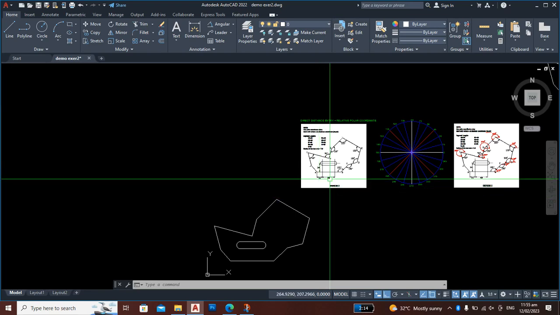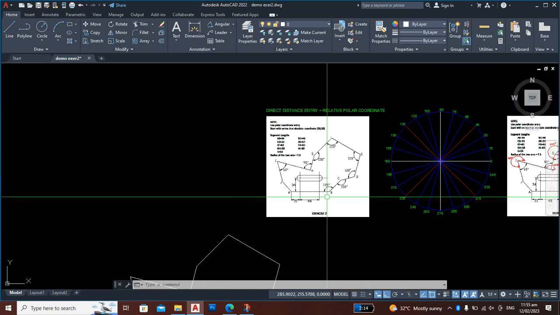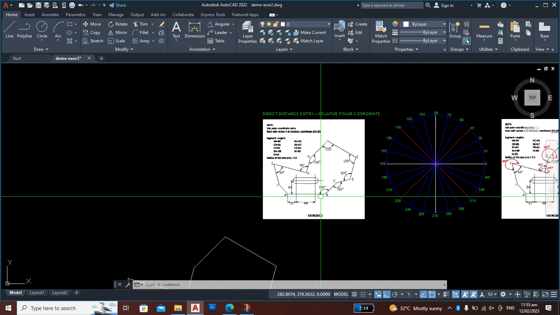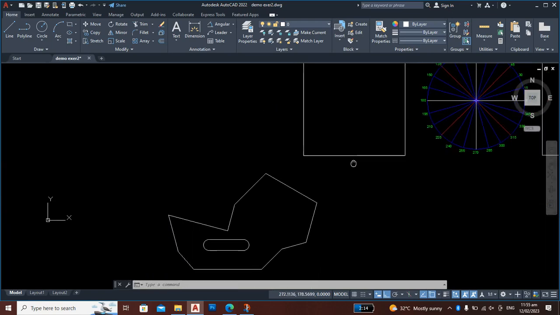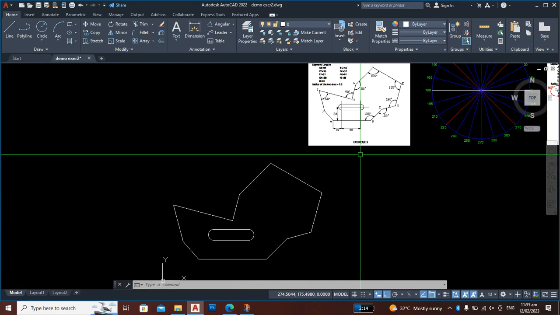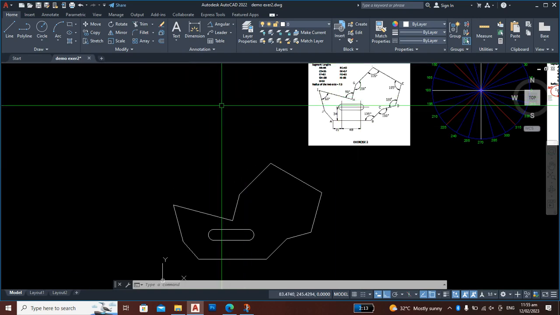We'll do the angular dimensions first. Okay, so we will have a separate topic for how to create, for example, dimension styles and text styles. But for now, in the default